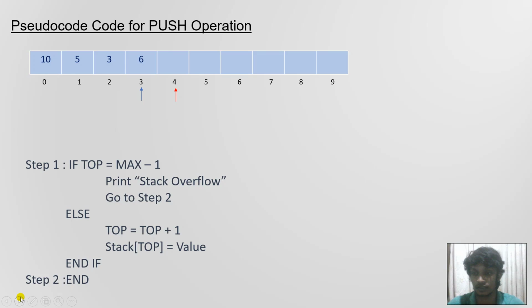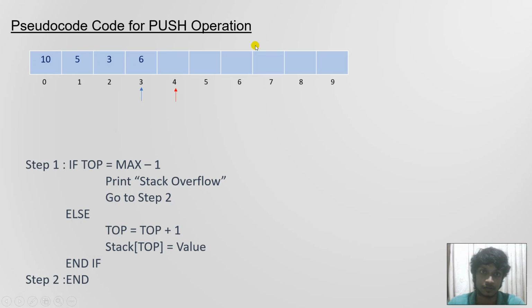It is a static linear data structure, and there are some major operations that we can perform on stacks. From now, we are going to discuss those operations descriptively and how to write pseudocode and C code for them to express those procedures.